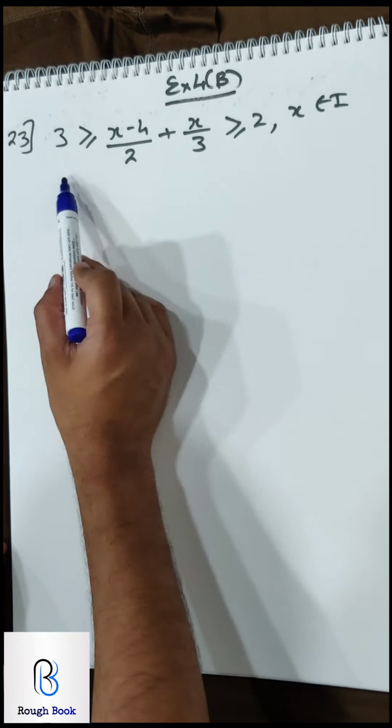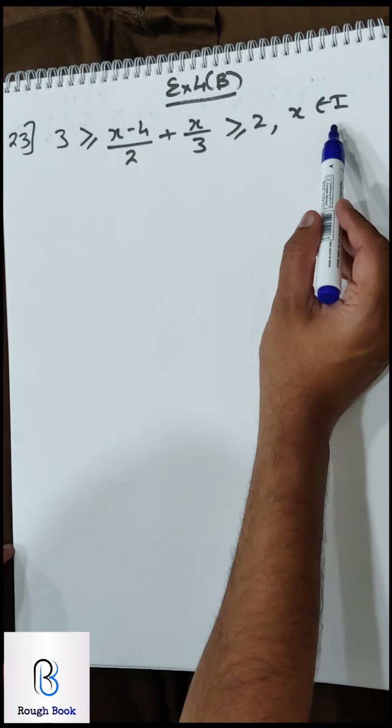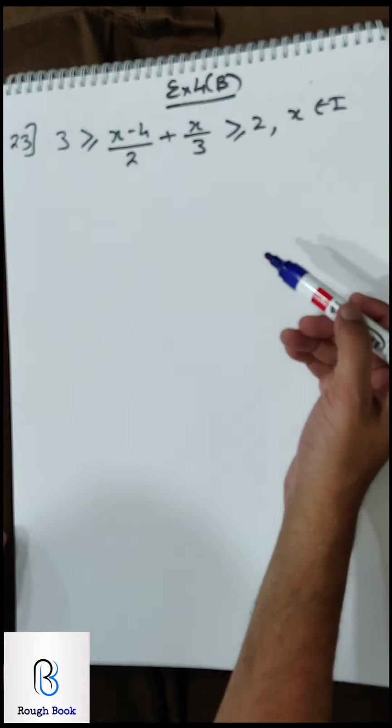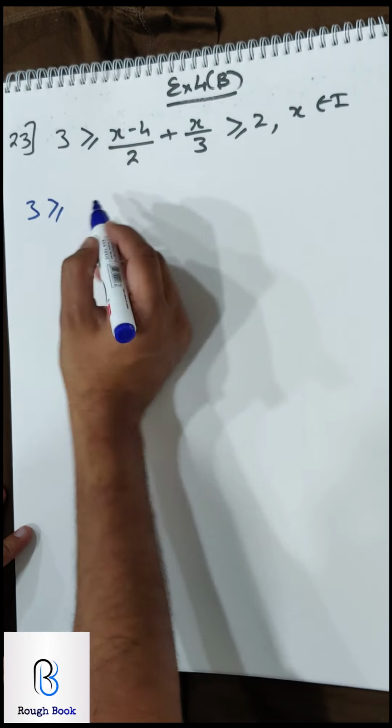Yesterday we learned how to take the first and second part, second and third part, and then draw the number line, solution set, all that. So it's the same thing. We're just going to do a few more sums for practice so that we are sure about what we are going to do in the exam.